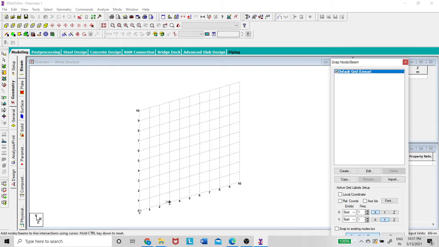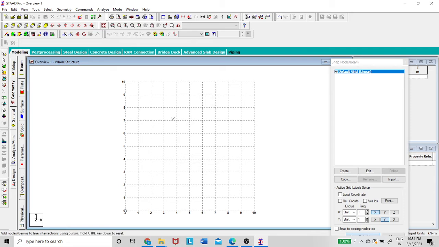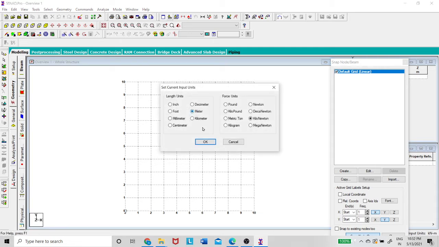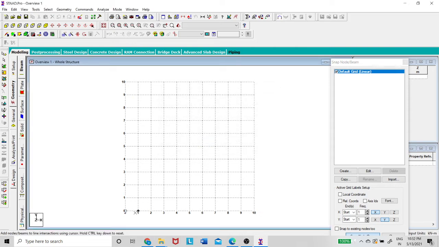First I just want to show a simple portal frame with 3 meters in all directions, let us say in the xy plane. You can see here this is the xy plane, otherwise you can also see the front face, where this is the x direction and this is the y direction. Now the frequency is 1, so 0 to 1 is 1 meter. You can check the input unit, which is meters, so one box is 1 meter by 1 meter.